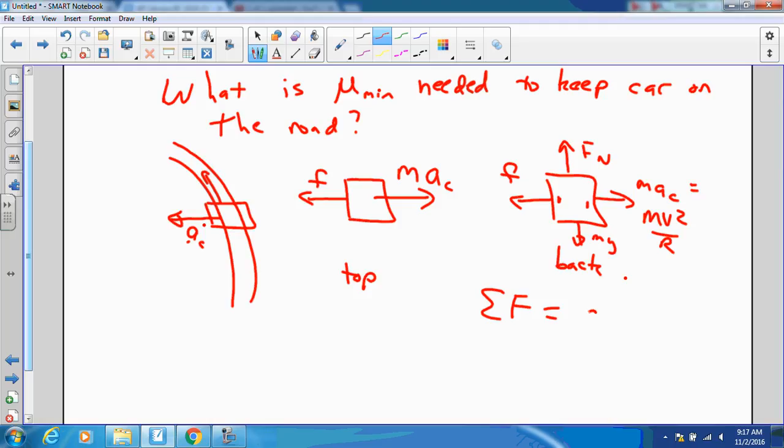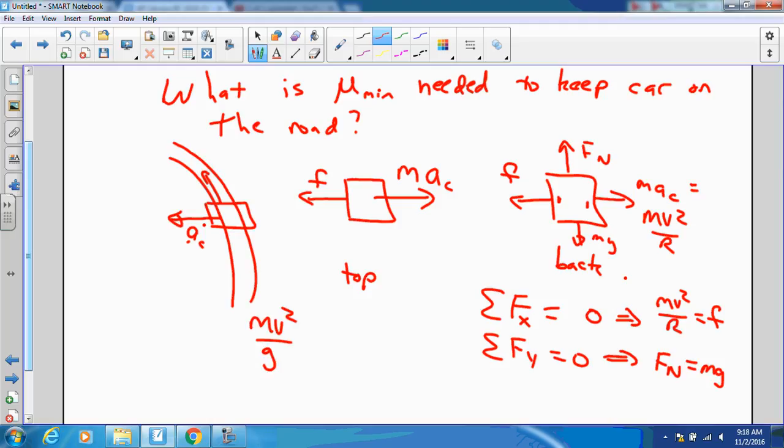You can set the sum of forces in the x direction, and they would equal 0. Good. Then the sum of forces in the y would also equal 0. So what equations pop out of that immediately? Taking right to be positive, you would get mv squared over r equals f, and then fn equals mg. Good. And what can I do with my f there? Plug in mu fn,